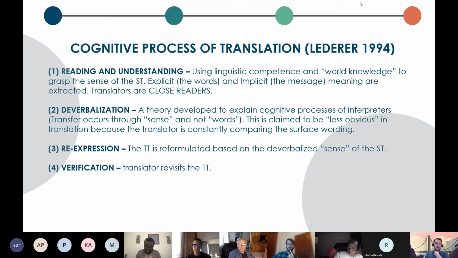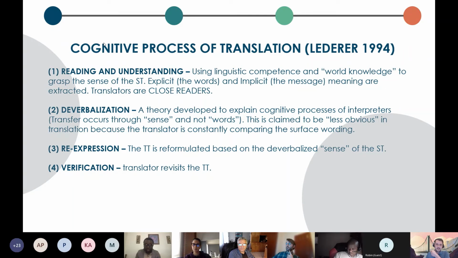This is an interesting crossover between translation and interpreting, when we are basically saying that we are translating the sense of the text and not necessarily the words. One issue that a lot of translators have, especially new translators, is that they're paying too much attention to the specific words, so that the target text is rendered not very readable, or it's clear that it's a translation. And that's why this is an important process.